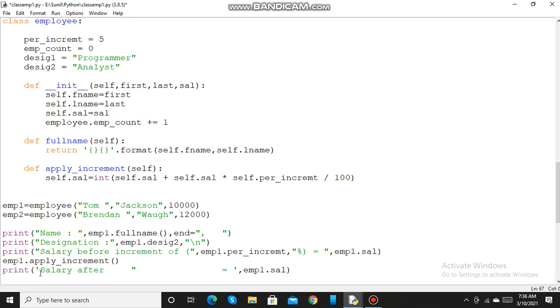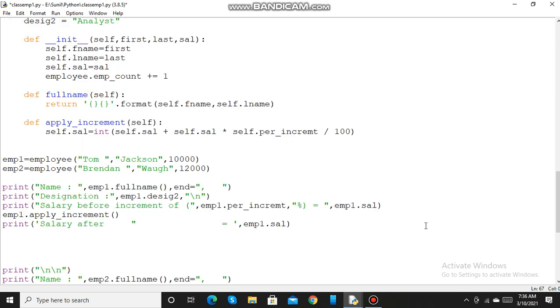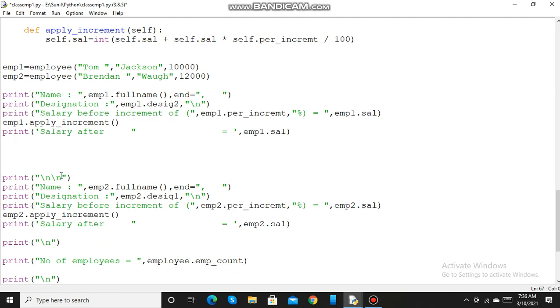And that value will get printed here. Salary after increment will be the final value of emp1 sal. So 10,500 will be printed here. This we are printing after calling the method. So similarly, for employee 2, emp2, we are printing the details here.